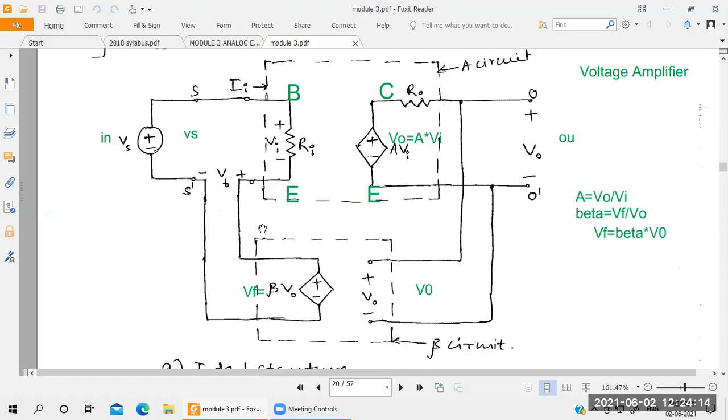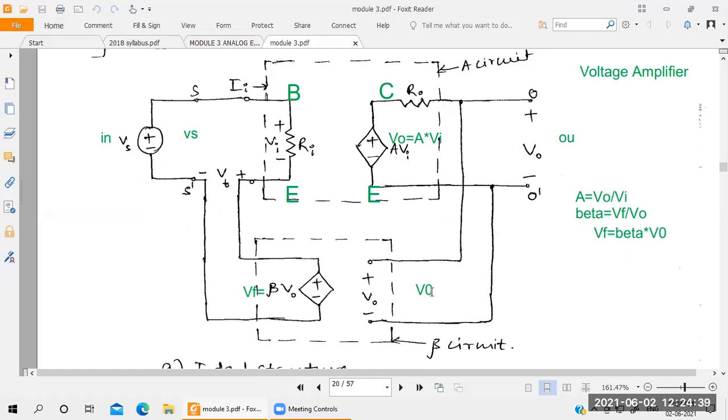After that, you take the feedback network. This is the feedback network. Again, you take the feedback parameter. Within the feedback, we want to analyze the parameters here. So what are the parameters that are connected for the feedback here? First, you take the input. What is the input of the feedback here? It is the output of the amplifier. What is the output of the amplifier? That is V0. Now take it in parallel connection here.